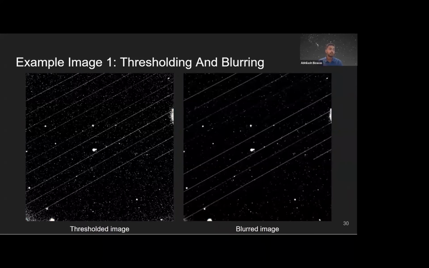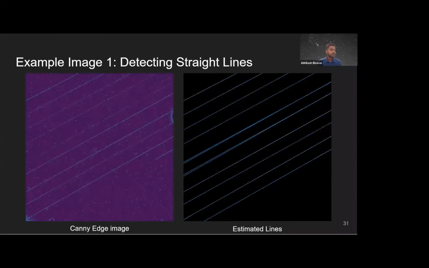Once we do that, we apply binary thresholding and adaptive blurring of the image to progressively reduce noise. One of our key assumptions around these steps is we expect the satellite streak to be on the brighter end of objects in that image. And finally, after applying edge detection, we apply the Hough transformation algorithm. So you can see the image on the right, where we have the straight lines being detected and returned